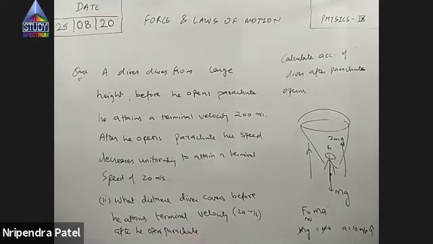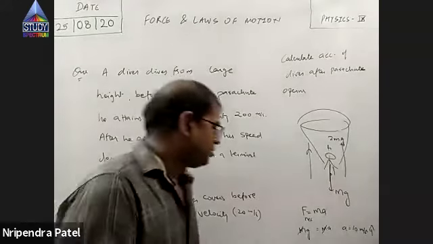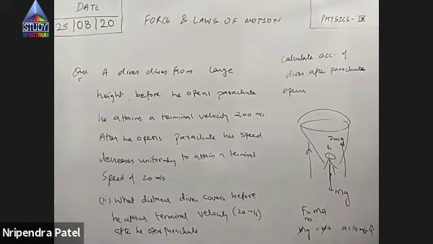I mean, he has opened the parachute, right? Once he opens the parachute, speed starts decreasing, but he is falling vertically downwards, right? So speed changes from 200 meter per second to 20 meter per second. You have to answer how much distance in vertical direction this diver has covered before he attains the velocity of 20 meter per second. Starting from 200, going to 20 meter per second, how much time did it take, how much distance did he cover?